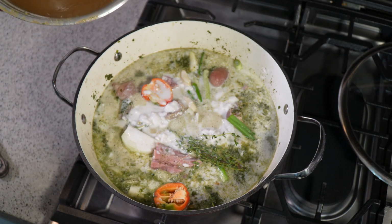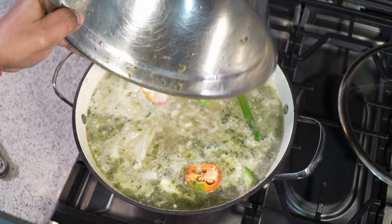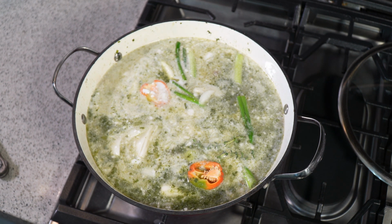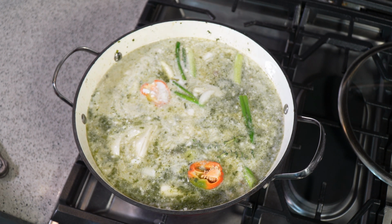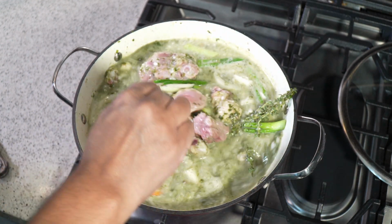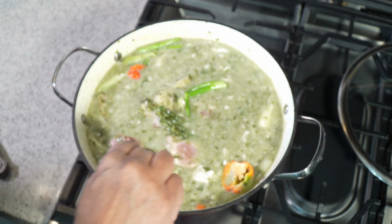Traditionally water would be used, but I like going in with chicken stock, just to further enhance that chicken flavor that's in there. So what we need to do now is bring this up to a boil. I'm gonna give that a nice stir, bring that up to a boil, and let it go for about 20 minutes before we add